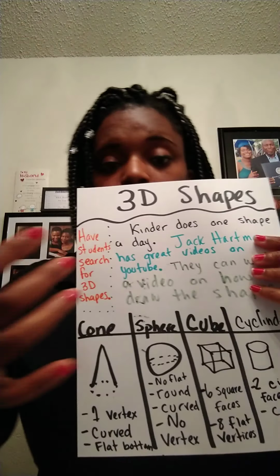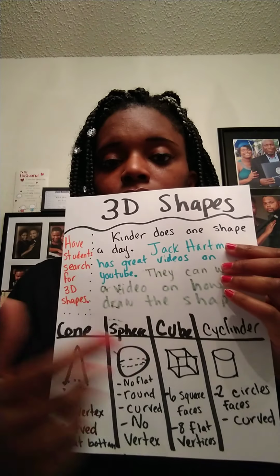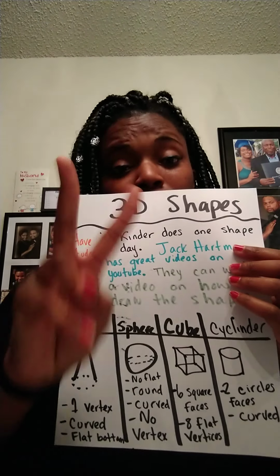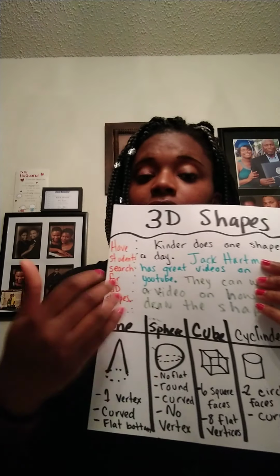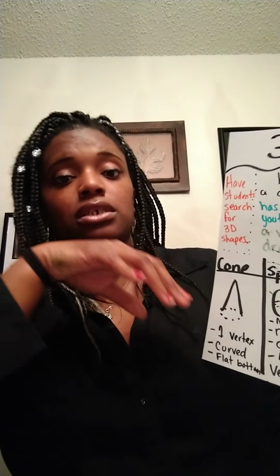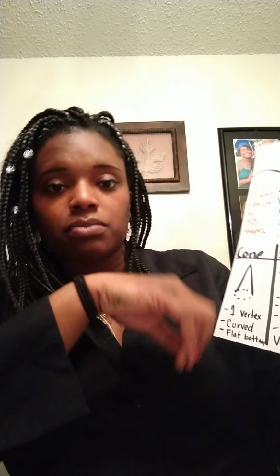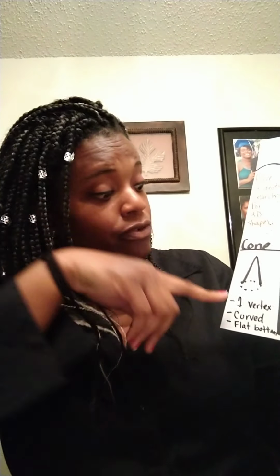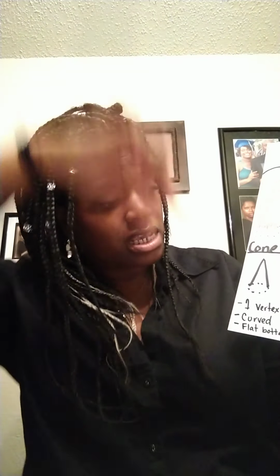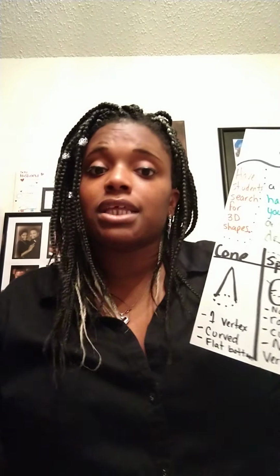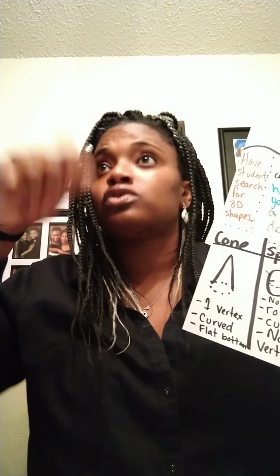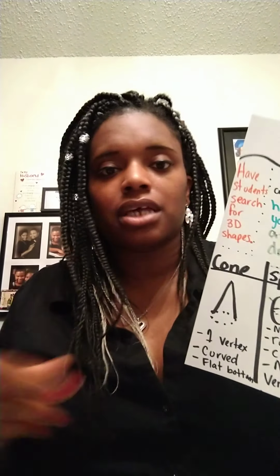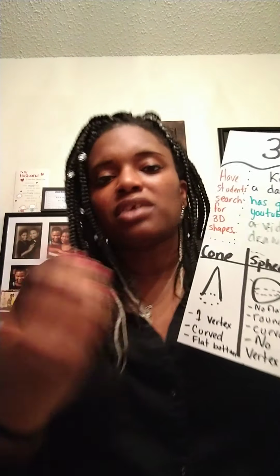For Kinder, we are going to be working on 3D shapes. Now, they will do a shape a day. For the cube, I would spend 2 days because it has so many sides and I want them to be able to draw. So my suggestion is go over the shape, go over the attributes, meaning how would you describe this shape. For instance, the cone has one point, one vertex, it's curved, and it has a flat bottom. And then you can let them watch on YouTube how to create a cone, and then have them search around the house for things that are cones, and maybe even make a little journal and draw things that are cones in the house, like an ice cream cone or something of that sort.